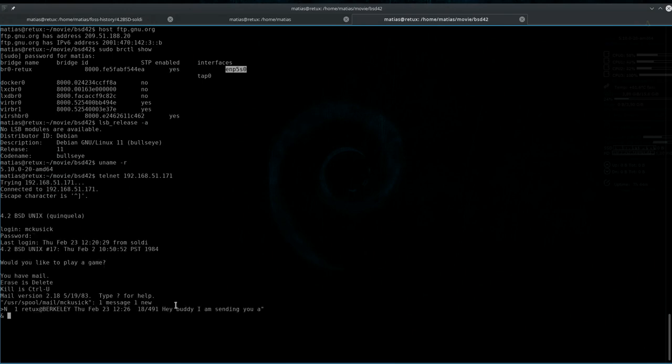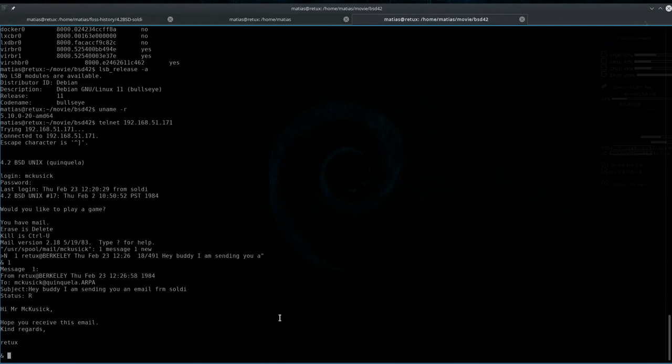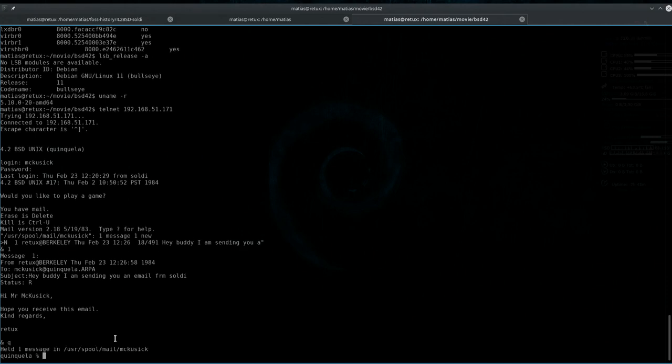It's saying that he has an email, and we can see it here. Hey buddy, I am sending you an email. And here's the email body. I found this pretty amazing. Yeah, I think if we had some DNS, or we could eventually set up some email smart host, we could maybe send email to the real internet from BSD 4.2. Probably that's something we can try later on.